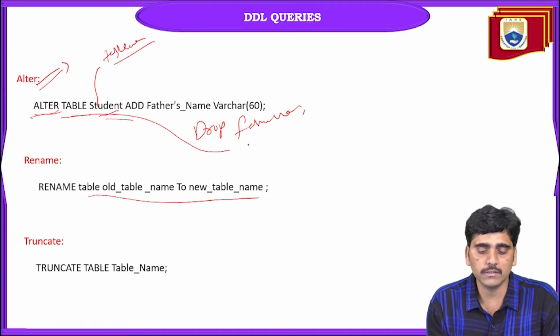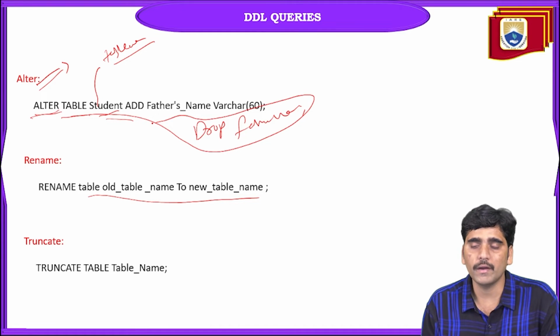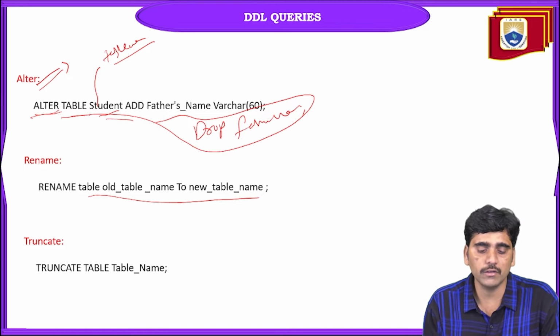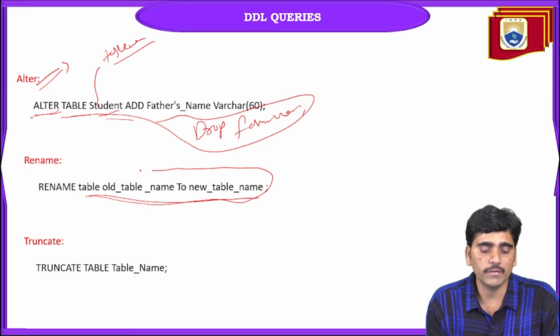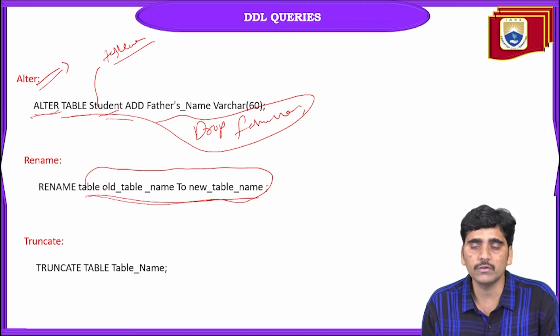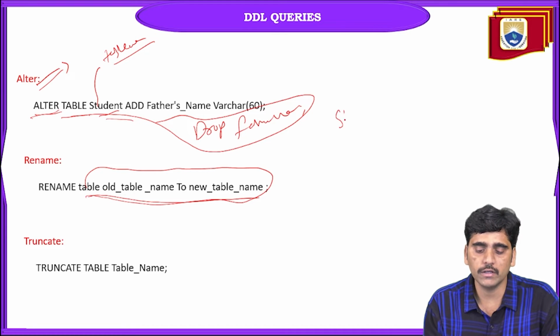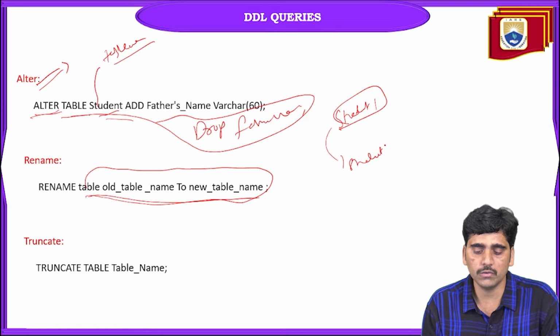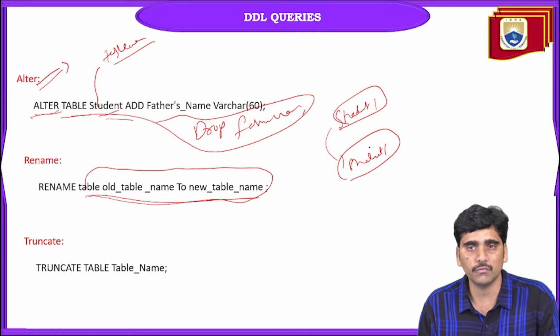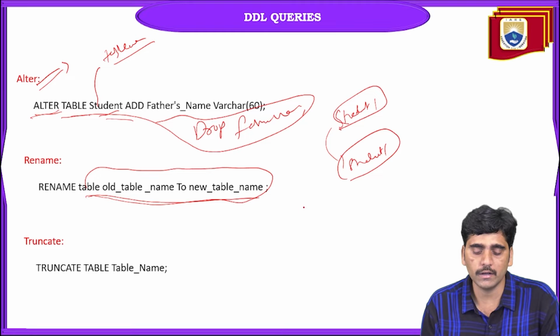So if you specify in this command alter with the drop command, then you can simply drop all the record values of father's name, right? And the next one is rename. The rename command is used for changing the old table name to a new table name. If you have student as the old table name and I just want to rename that table as student 1, then I can use this command rename